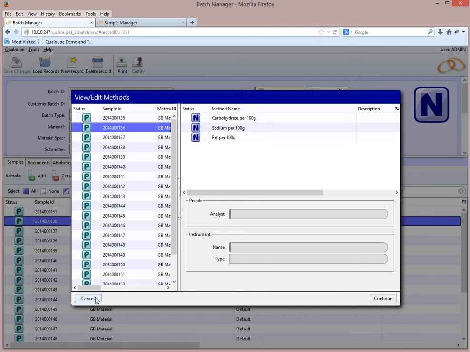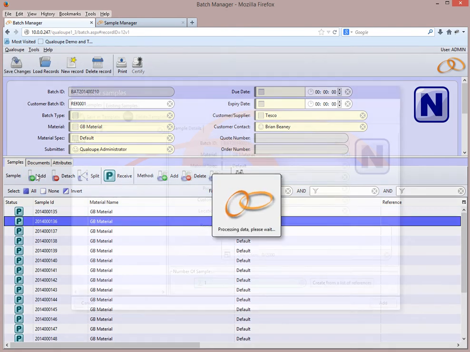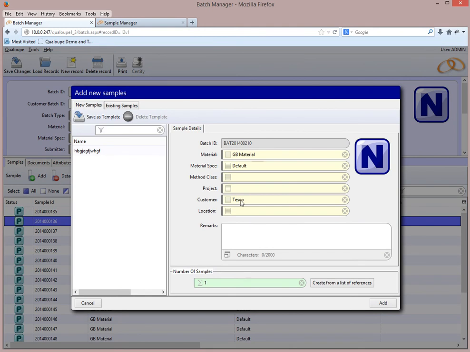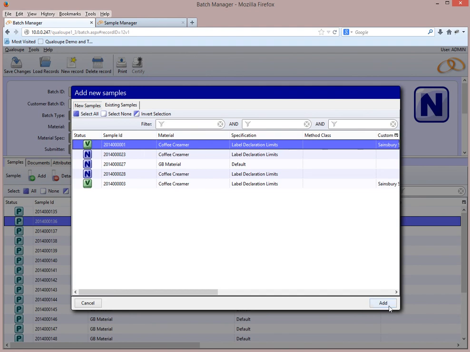So you can see quite a lot of the sample details in here, and you can add and delete and view the methods. I might decide I want to add some more samples to this batch, so I can click on Add again, and same screen again. If we go to this tab, Existing Samples, it shows me a list of samples in the system that aren't attached to a batch. There aren't that many of them in this system, but I could attach one of these. So I'll just select that one and add,